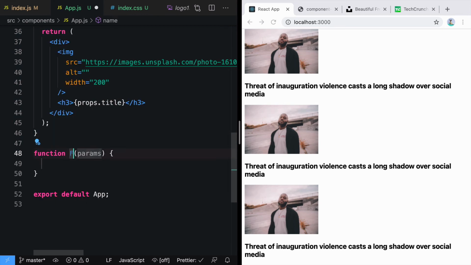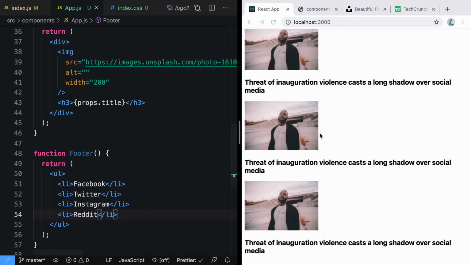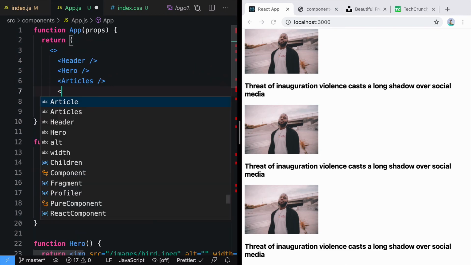So we'll create a function footer and return a UL. Inside that I need 4 li. It will be Facebook, Twitter, Instagram, and Reddit. Save it, and I want this footer to come to the app, so we'll say footer.